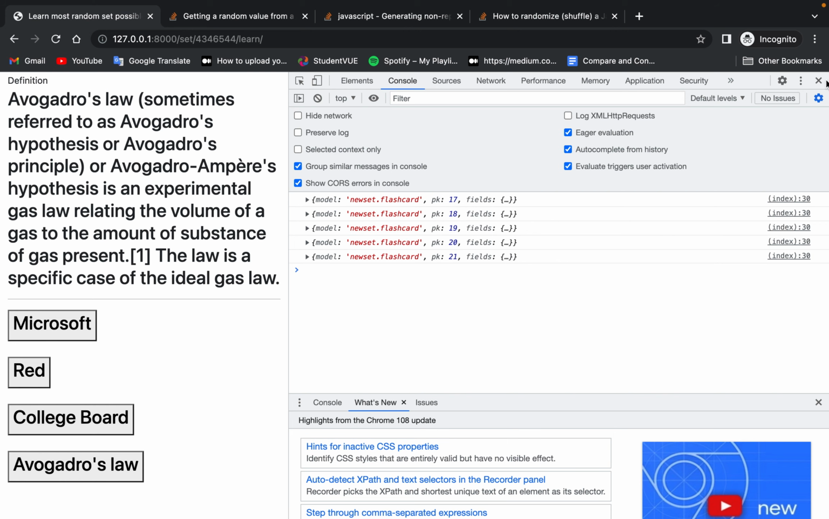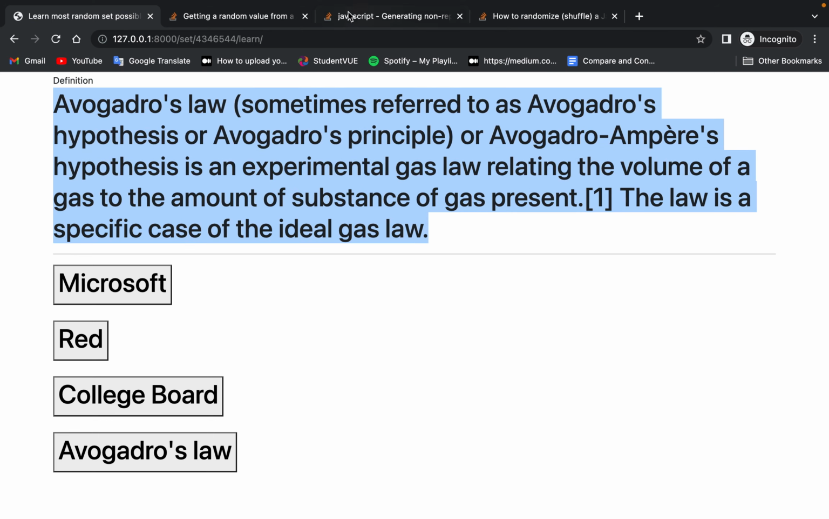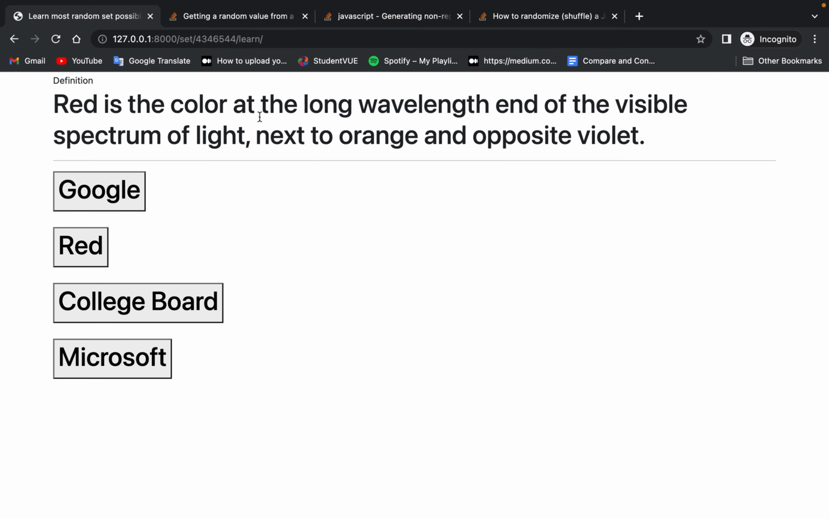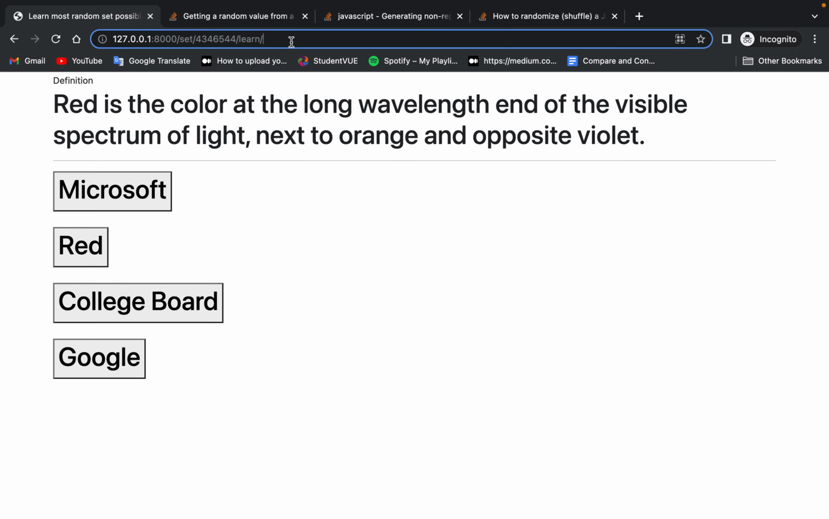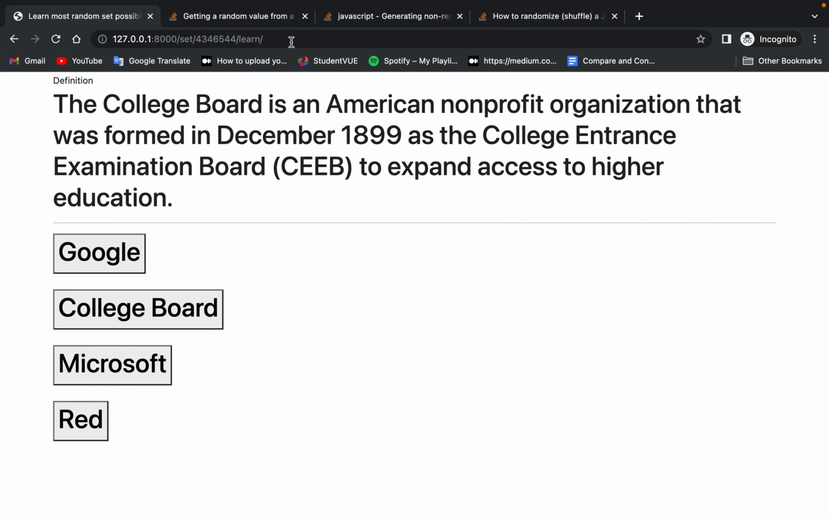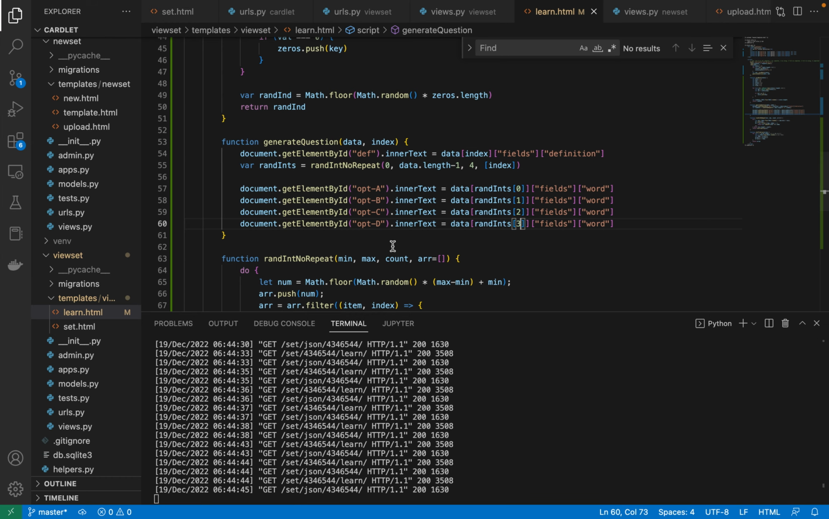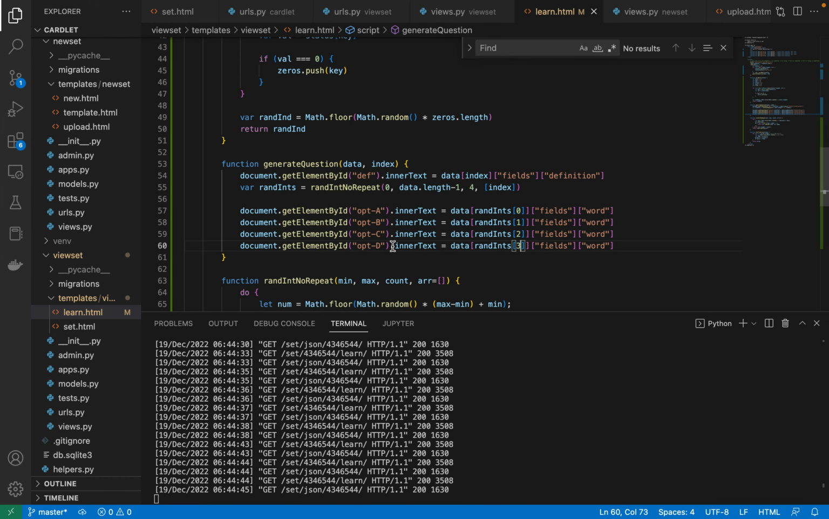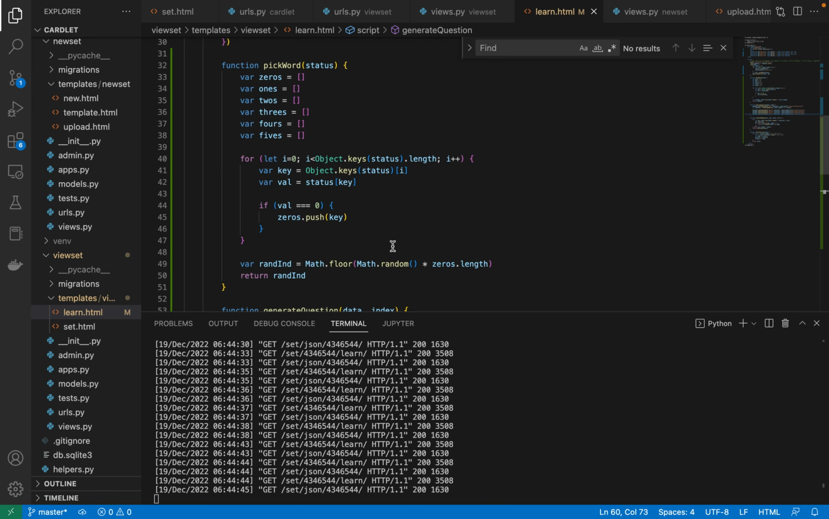Alright. So now you can see it's that Avogadro's law. Okay, I literally have the answer. Red is the color. Obviously, I have the answer. Google. I'm so stupid. When I copy these, I have the answer in their word already. Anyway. Okay, so then what I will do is if the key is pressed,